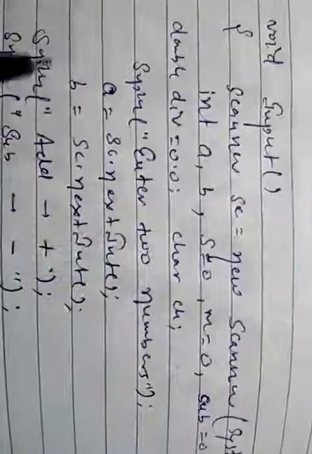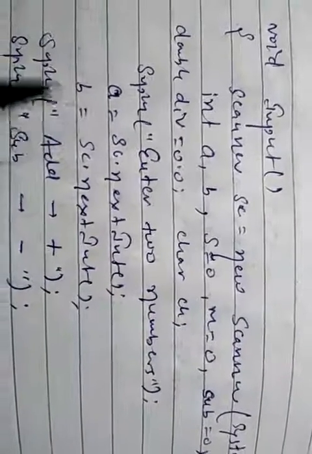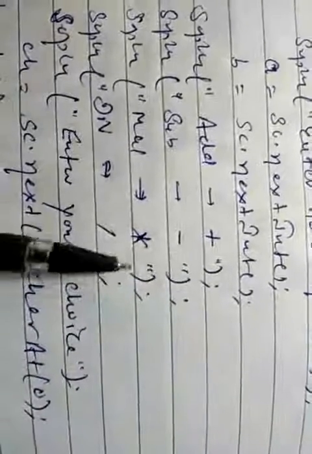So enter two numbers. The first number will be entered in a and the second will be entered in b. We are printing the menu. A, addition is for plus, subtraction we use the minus sign, multiply for asterisk, and division for slash. So this is the menu. Enter your choice, and this is the character choice. So we are using here the statement sc.next().charAt(0). This is the statement for taking a character as an input from the scanner class.